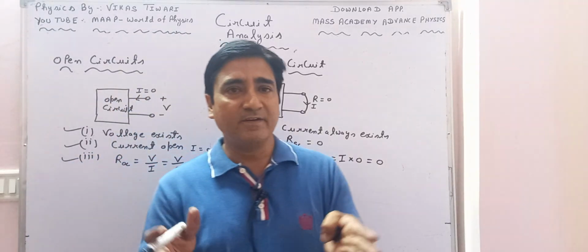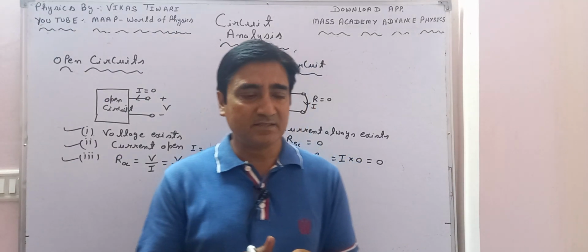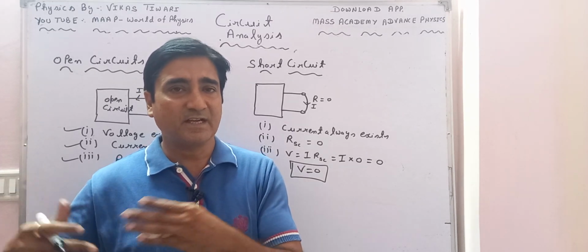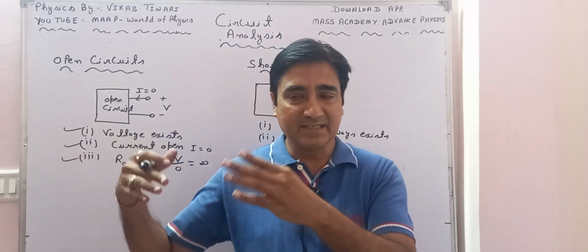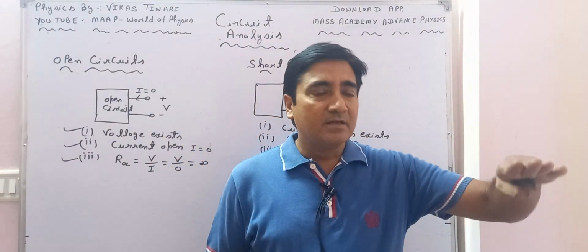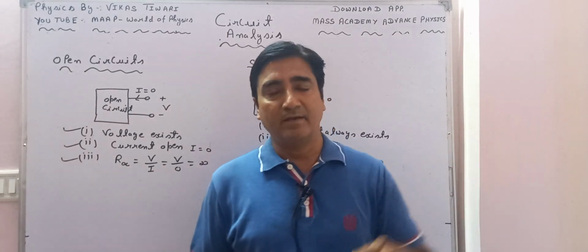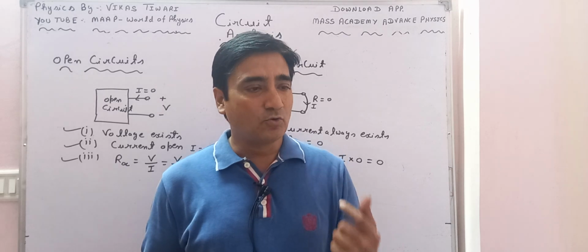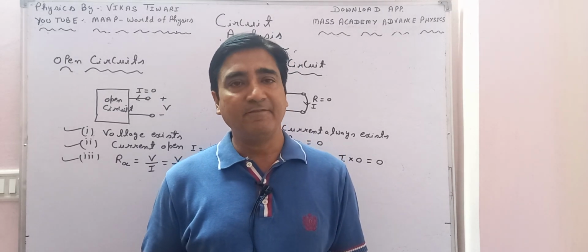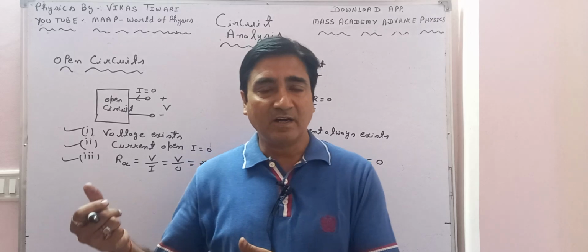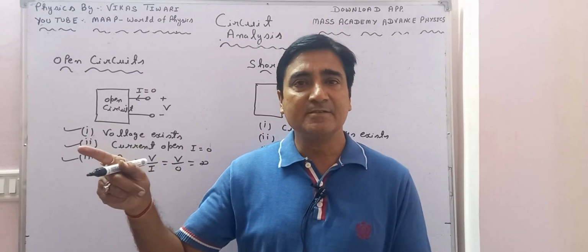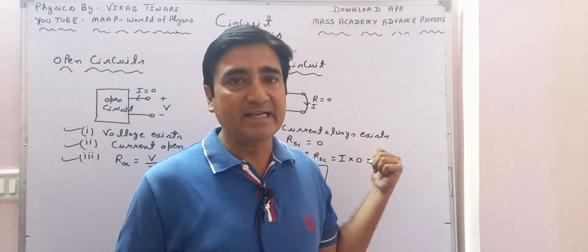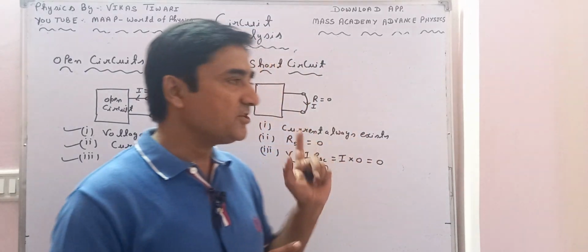Similarly, suppose we are going with two roads. One road has some barriers, stones and other stuff put on it, and the other road is smooth. Our tendency is that we will follow the smooth road, and we always avoid the road which has more barriers, or more traffic. Similarly, current has the same tendency to follow the shortest path.